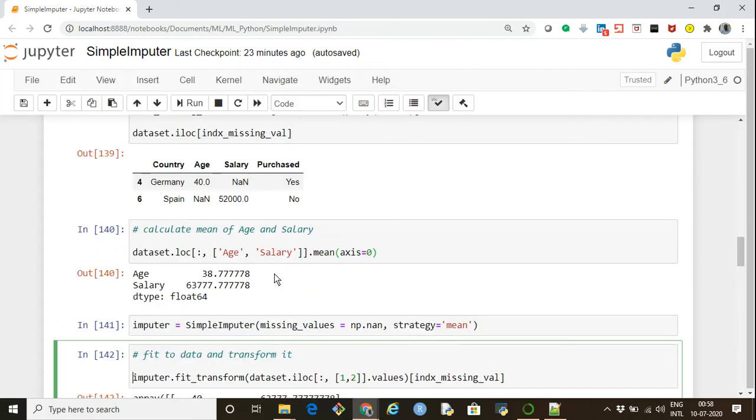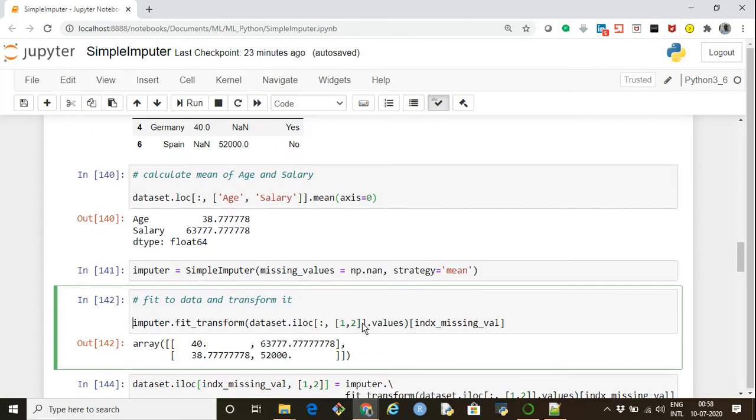This is index 0, this is index 1, this is index 2, so age and salary. So I'm passing those columns. Now this should be in the form of an array, so I'm using .values to convert these values from a data frame into an array.